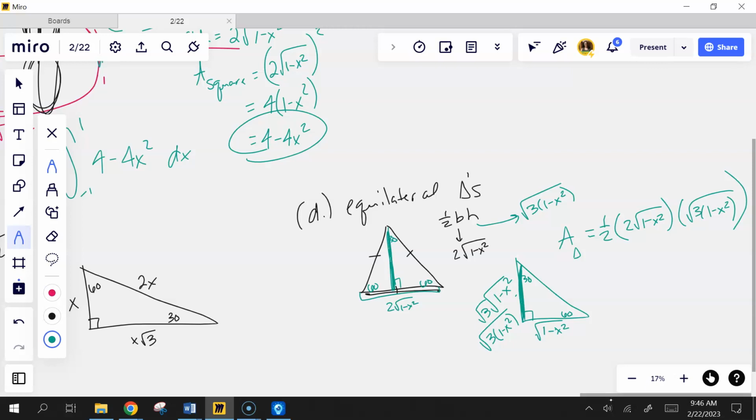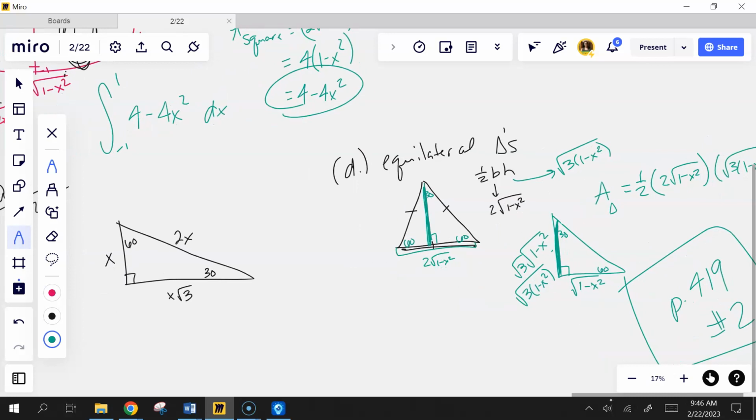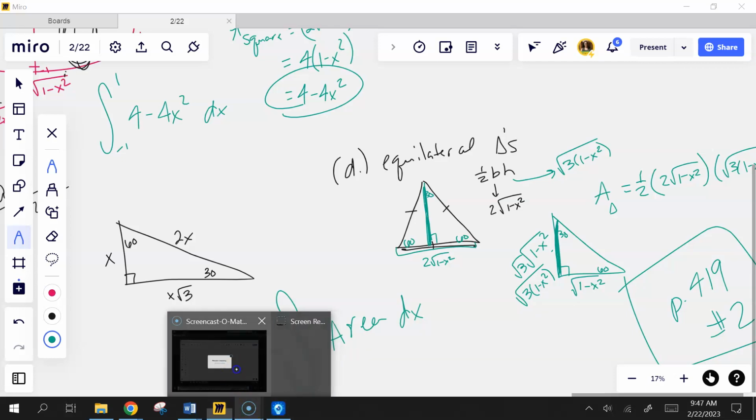The only thing I want you to do tonight is number 2. It's exactly like number 1 we just worked, but it's a different equation. And you're doing areas of the cross sections. We're not even doing volume yet. I just want you to be able to identify the cross section and find the area of just the cross section based on the equation that's given. The volume's really easy though. If you do the volume, it's literally you take this equation and you run it from whatever it tells you to run it from. This is the hardest part. And then